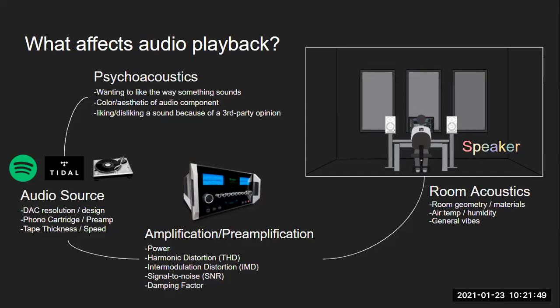And so what's the geometry of the room? What materials is everything made out of? Things as simple as what the atmospheric conditions are at the moment you're listening can make a huge difference, like between dry air and very humid air. And then also just the general vibes of the place, and that plays back into psychoacoustics. Yeah. So there's a lot that goes into it, and things you wouldn't even think of: the shape of your ear, the directionality of certain things, where things are placed. There's so many things that come into play when it comes to audio.